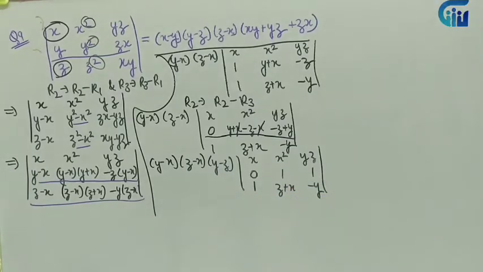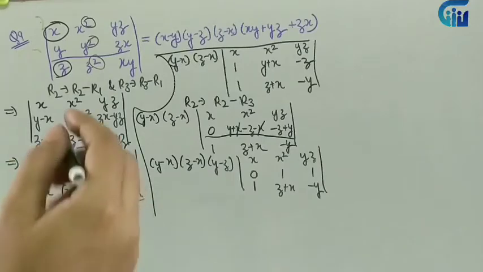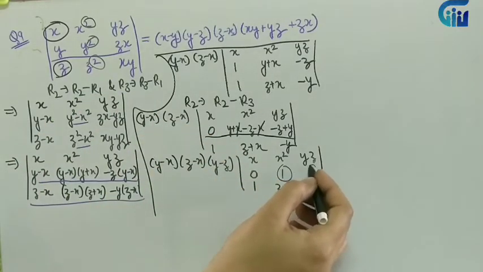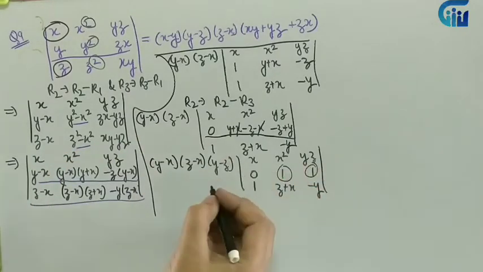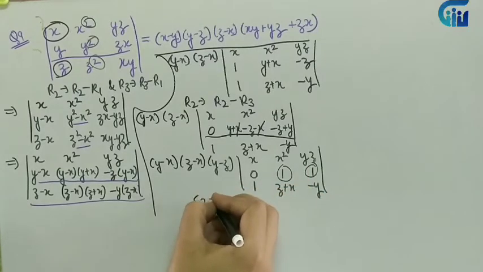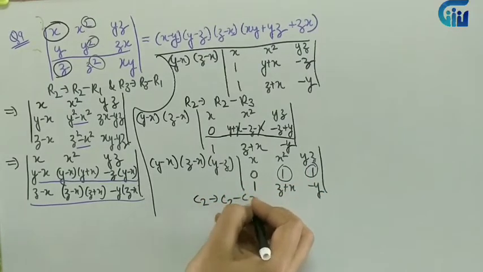Now just think, can you again make any 1 0? Yes, you are right. We have 2 1s over here. We can make 0 or we can directly expand. Since we have applied enough of properties, it is not a compulsory thing that we have to make 2 zeros. If we have applied many operations and then we are at a stage where we feel the calculation will not be lengthier, so we can expand at that particular stage. So I can make 1 more zero. Over here, I can write C2 such that C2 minus C3.